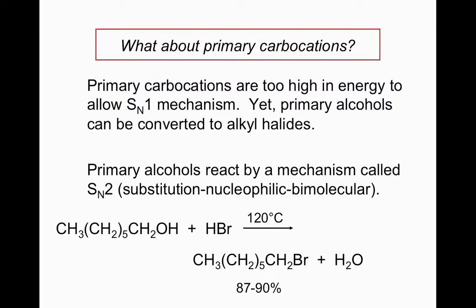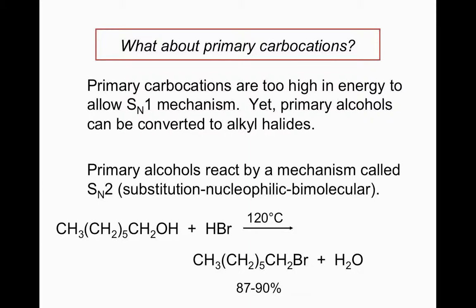Early in this semester, we pointed out that primary carbocations will not form because they have no alkyl substituents to stabilize them through induction or through hyperconjugation. However, we know from empirical studies that primary alcohols can be converted to alkyl halides through substitution reactions. It turns out that this substitution reaction involves a different mechanism called the SN2 mechanism, which stands for substitution nucleophilic